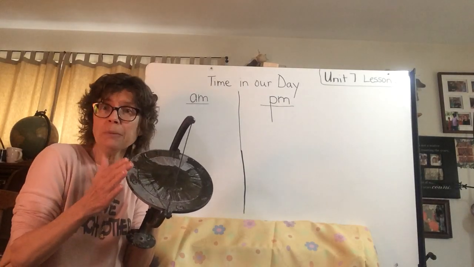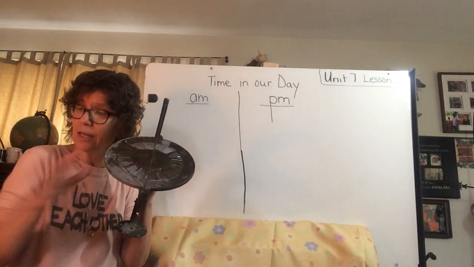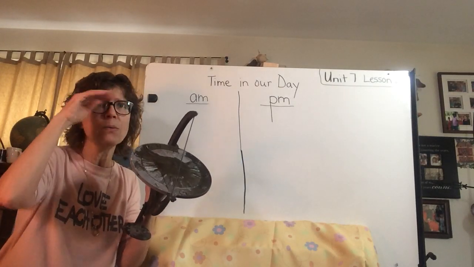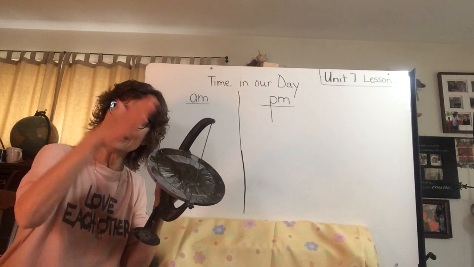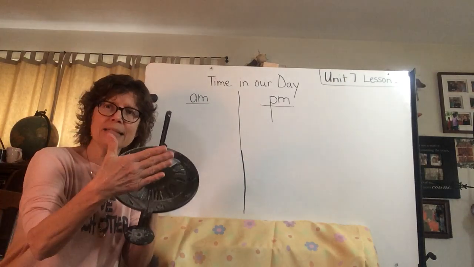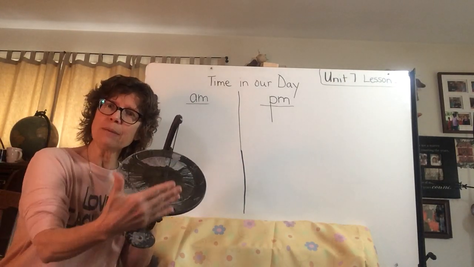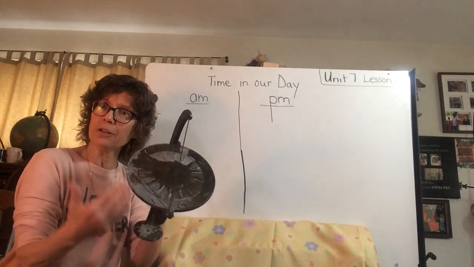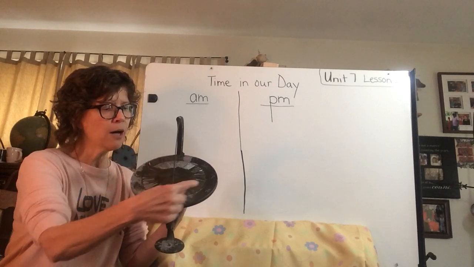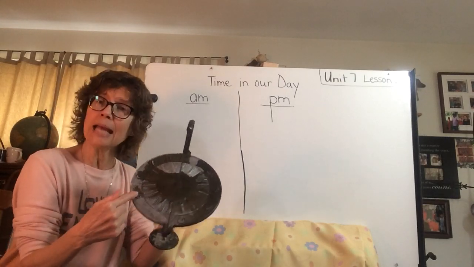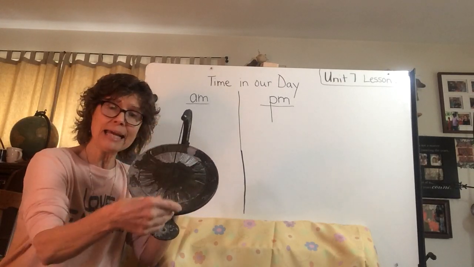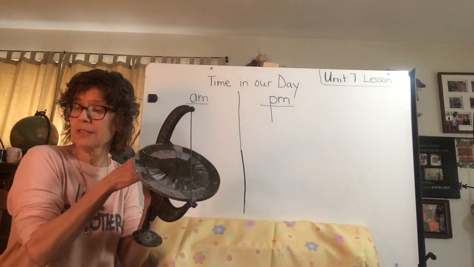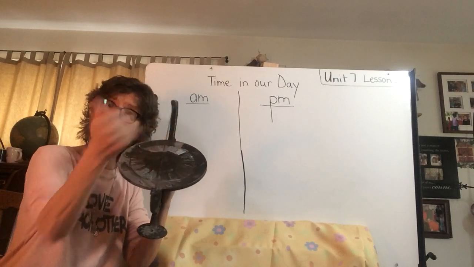But back a long time ago when there weren't clocks, they did use the sun to help tell time. I remember in the fall when we did our research for science on shadows, and how our bodies look the same way as a sundial works. So it was just kind of fun. Mr. B brought it in and said, show your kids a sundial. And it does have the 12, the 3, the 6, the 9, like a regular clock. And again, it's the angle of the shadow of the sun that it casts onto this to tell you what